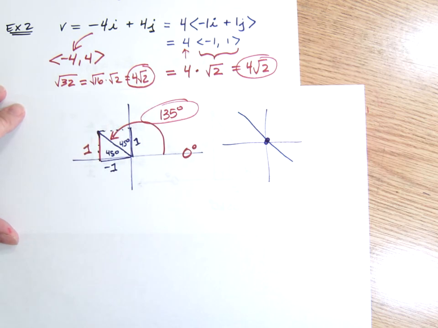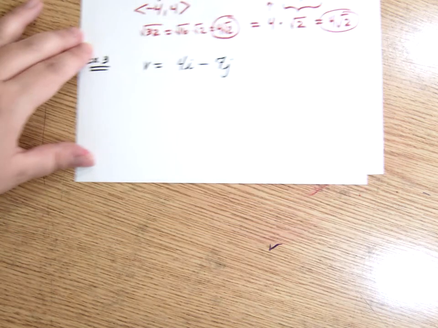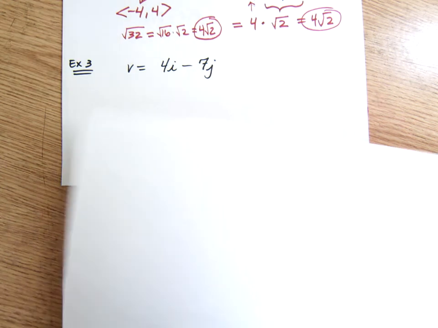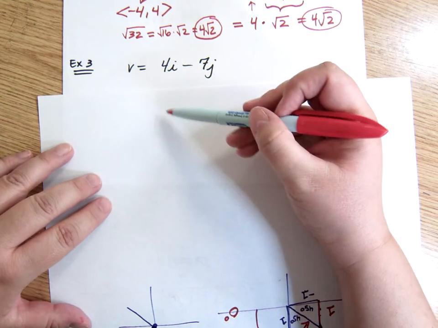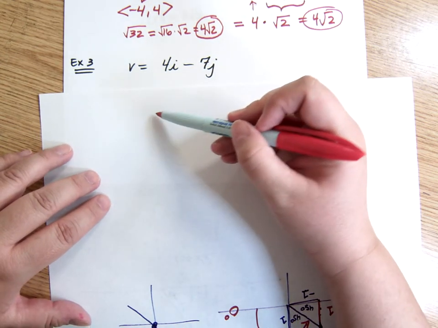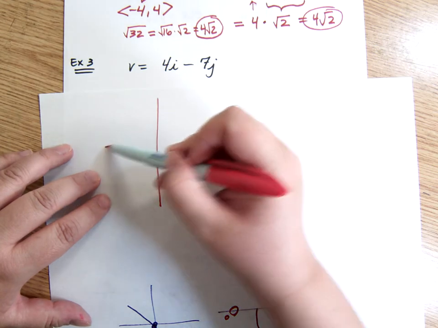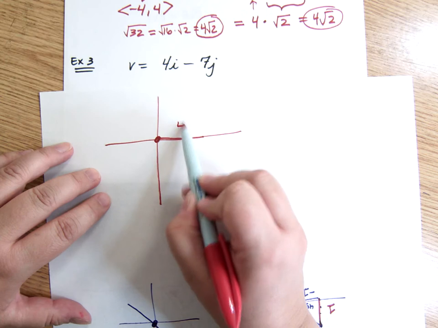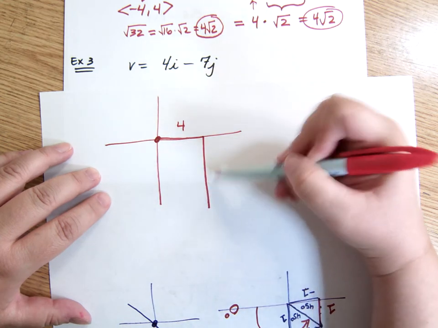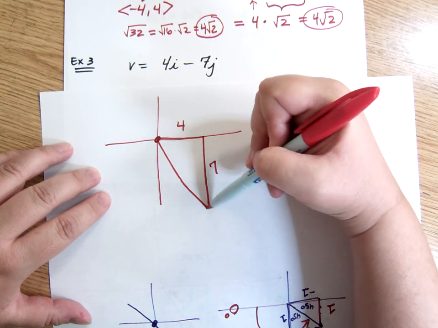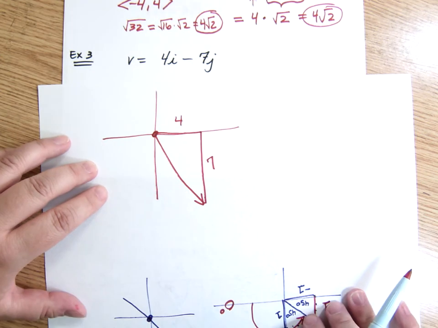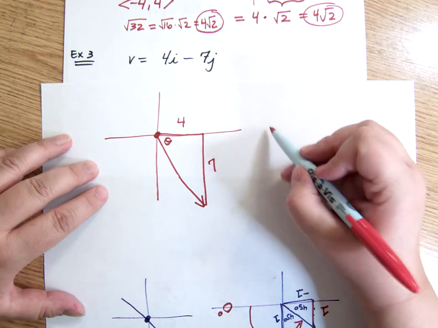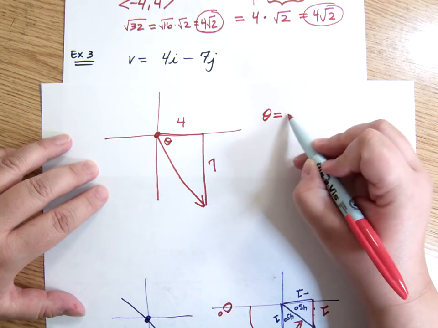Okay? Last one. This one we can't really figure out like we did the whole 45-degree angle thing. This one we actually have to use our tangent to figure it out. So 4i minus 7j, you're going 4 to the right, minus 7 means down 7. There's my picture. This is my angle. So inverse tan of 7 over 4